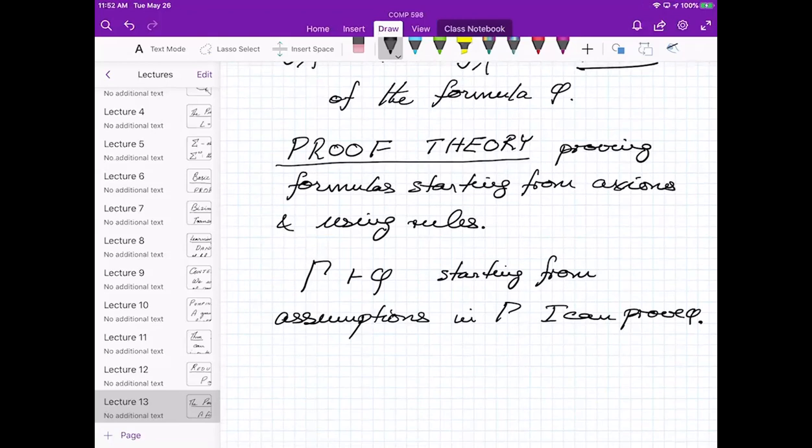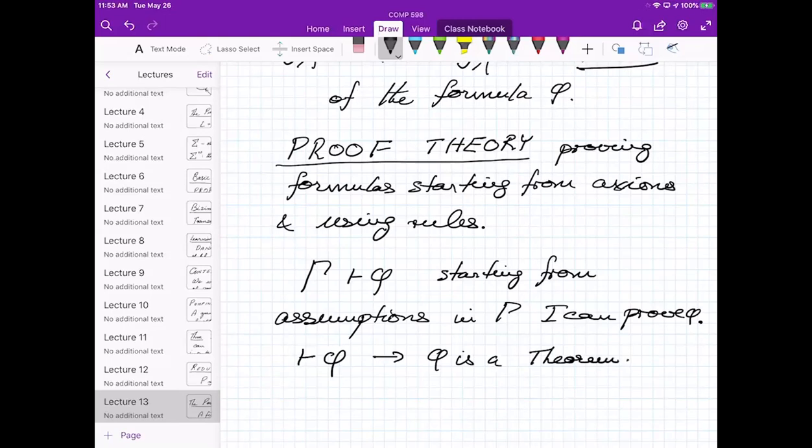So now you have what's called a proof system, and then you can go around proving things. Ultimately, you can prove some formulas that don't depend on any assumptions. So then we have a situation like this. That means phi can be proven regardless of any assumptions. Unconditionally provable. Notice I'm carefully not saying true, because proof theory is not about truth, it's about provability. Okay, so we say phi is a theorem, something that you can prove.